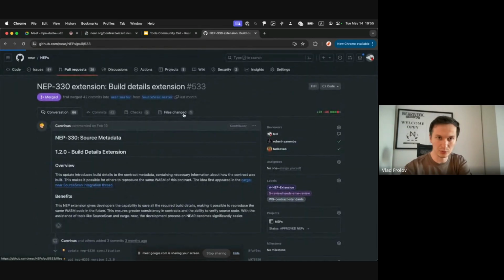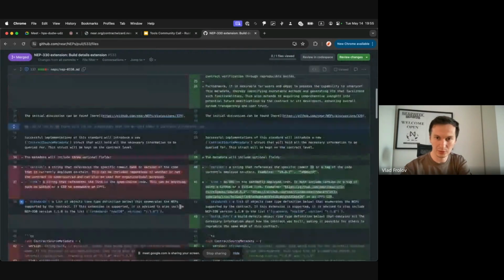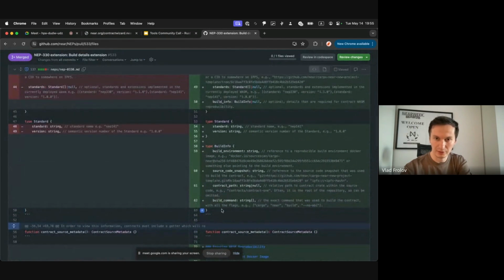So if you see this NEP, you will notice that there was an extension to the contract metadata output with the build info that could capture where and how the contract was built in order for it to be built again and hopefully produce the same hash of the binary, the WASM binary.